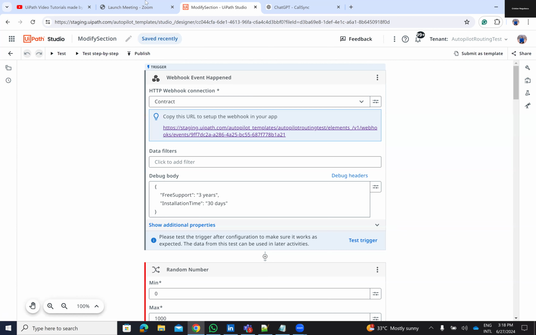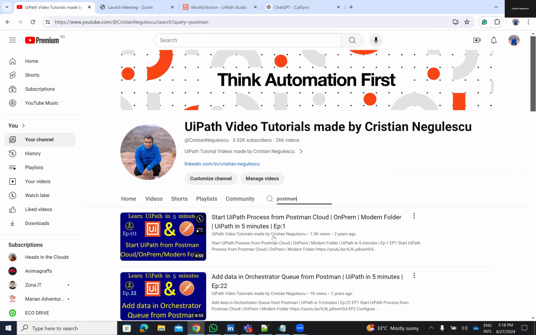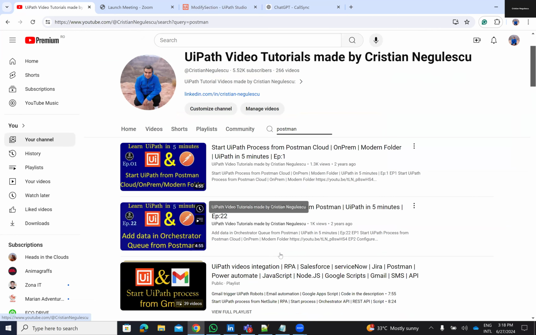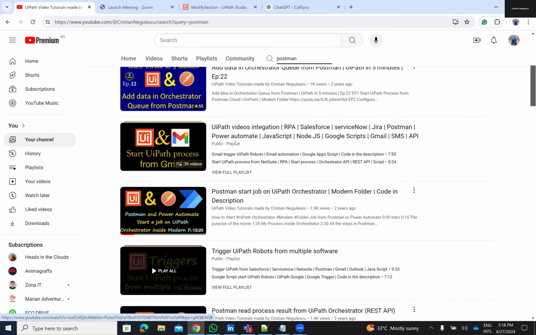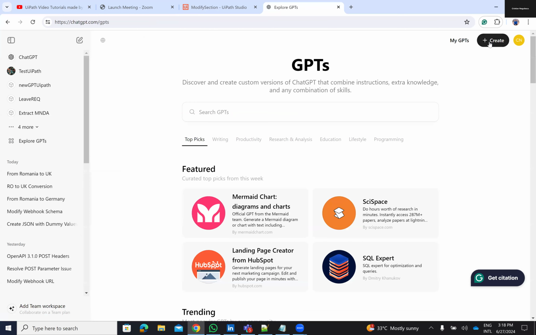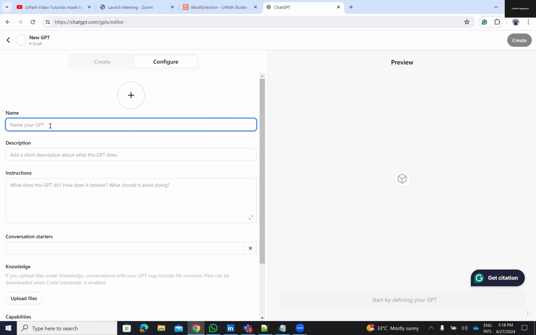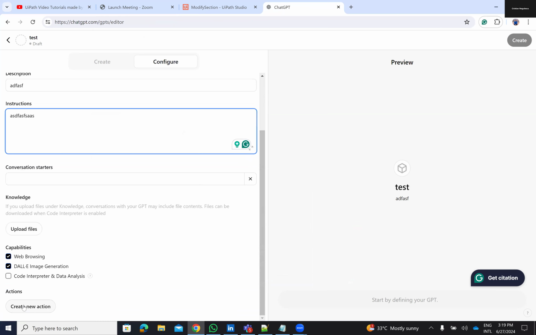If I want to get data from the process, I need to use another approach. If you remember, in my videos we have a lot of videos with Postman and how to call a UiPath robot, with a modern folder, a simple folder, and so on, and what the commands are to authenticate, to start the process, and so on. Unfortunately, ChatGPT is a little bit limited here. When you say explore GPTs and you want to create a GPT, you give some instructions, and here when you say create action,